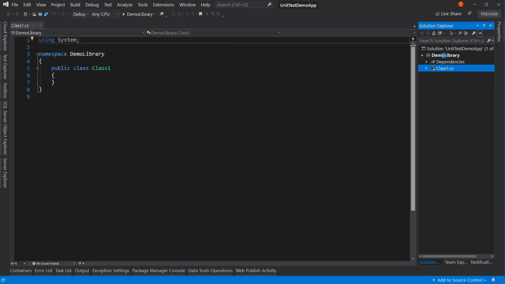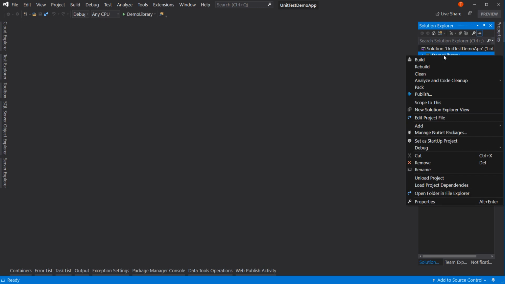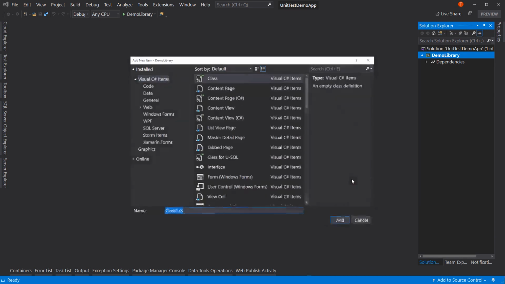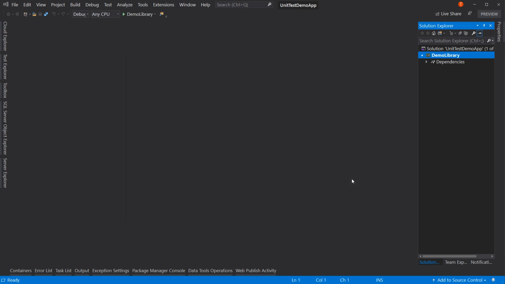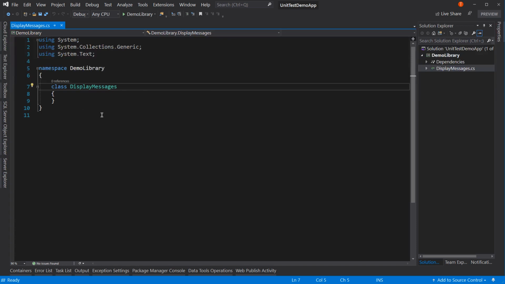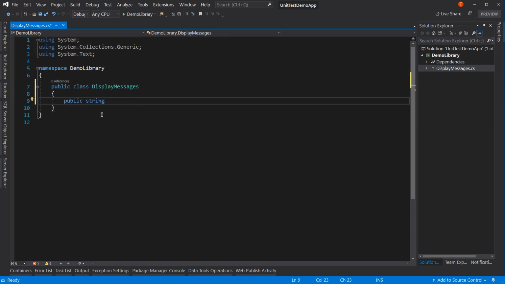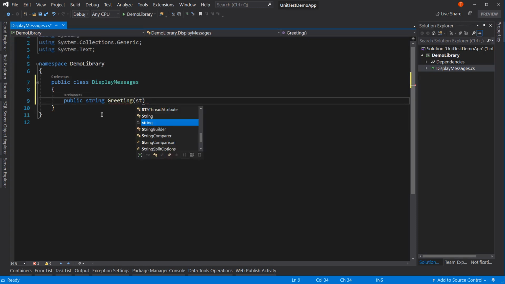We're going to create just one class in here. The point is not to create a class library. The point is to work with unit tests. I'm going to hit Add Class, and let's call this our display message class, and make it public. Inside here, I am going to create a public string method, and let's call this the greeting. And we're going to pass in the first